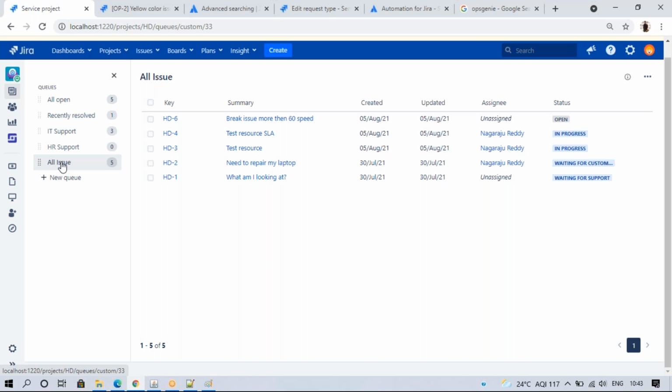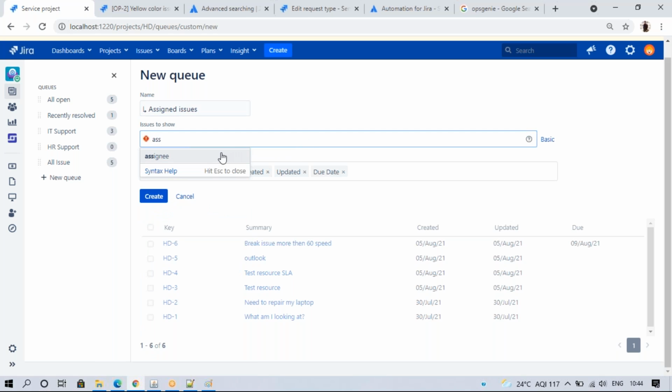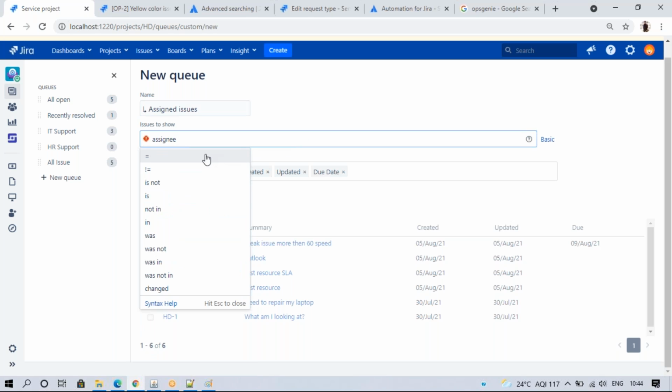In new queue, just click on add new queue, enter the symbol, some slash on the right side, and then enter assigned issues, assignee.